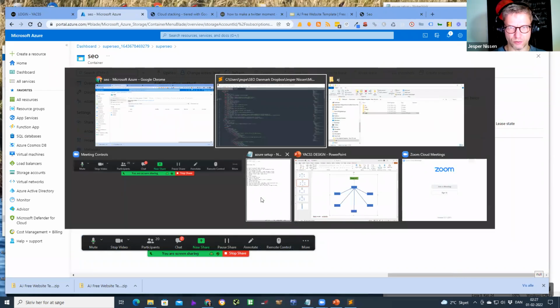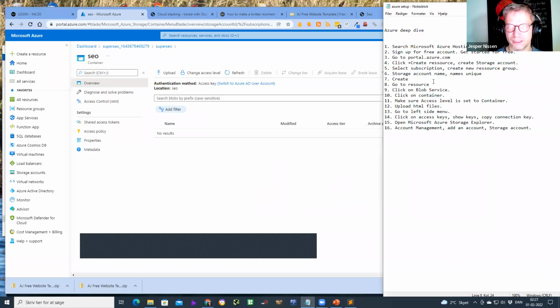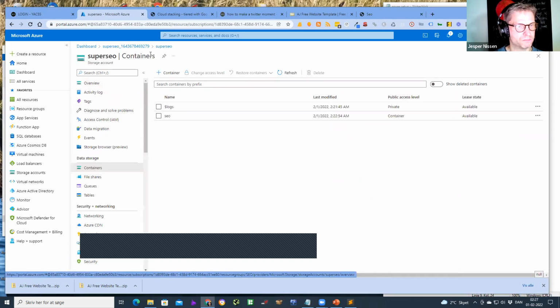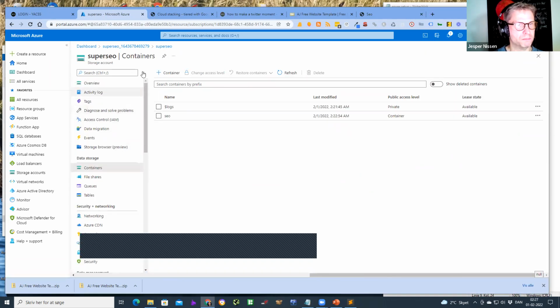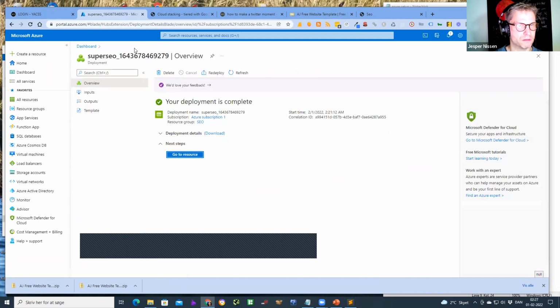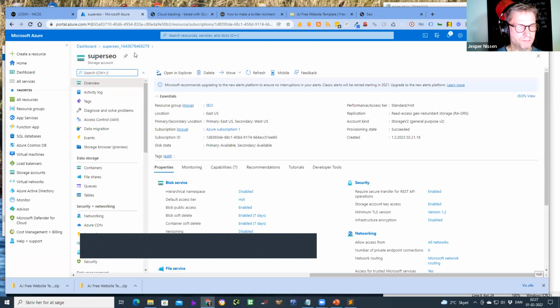Instead, we're going to look at our little setup file here. So what we will do now is go to the left side menu. I'll click back to Super SEO, go to resource, Super SEO.